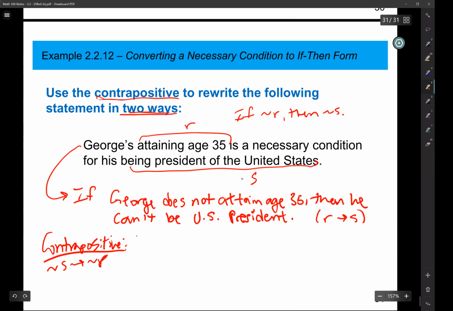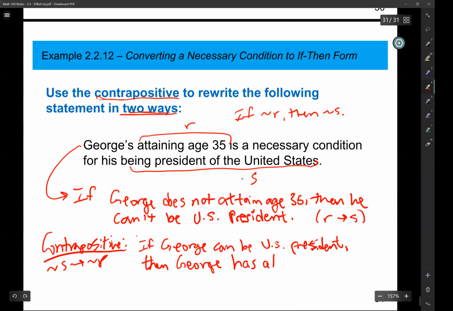It'd say, if George can be U.S. president, then George has attained 35 years of age. Which is true. So again, this statement here, number one, is logically equivalent to number two. They're the same thing, just written differently. Okay,